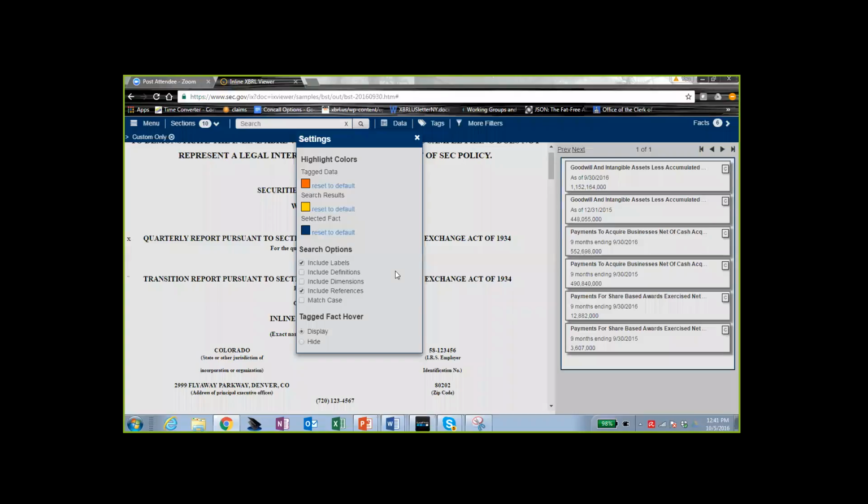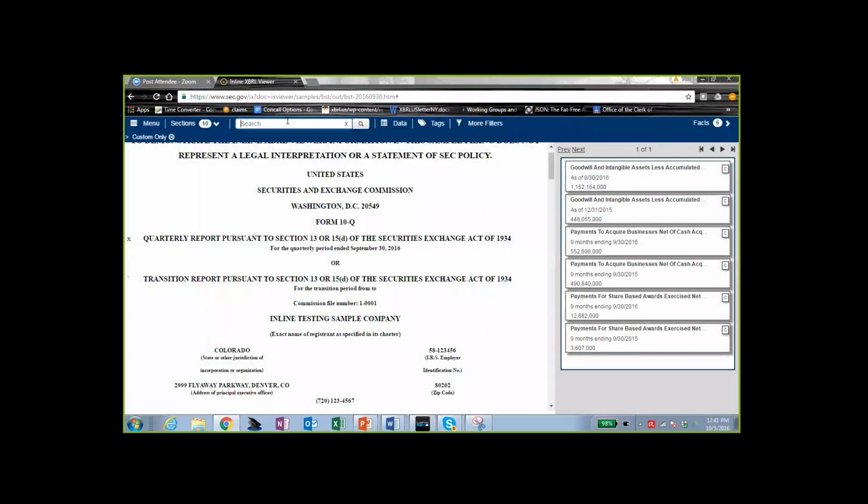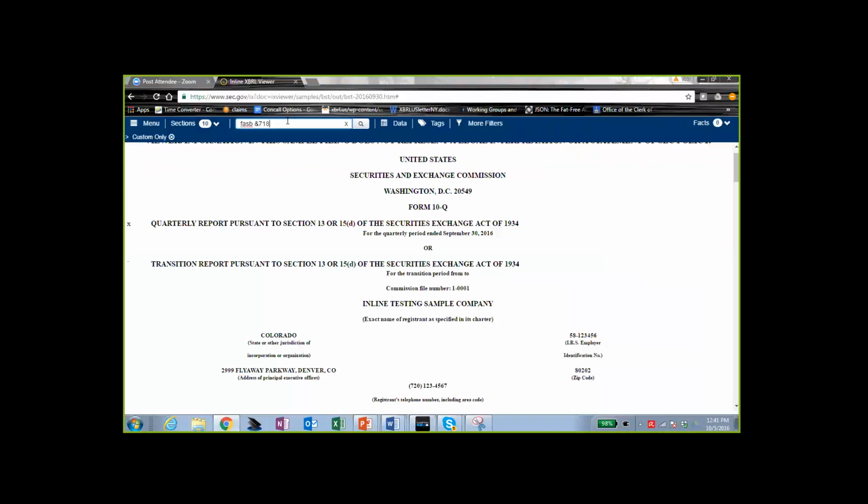And then that would allow you to search on a FASB topic, say FASB, ampersand, 718 would be the stock compensation one. Probably need a space in there. There you go. You need to take out the custom only.